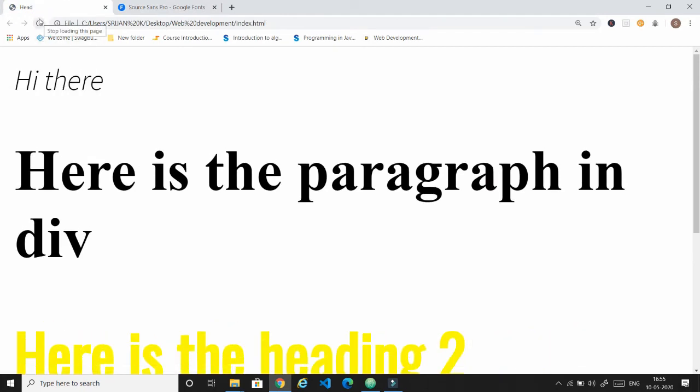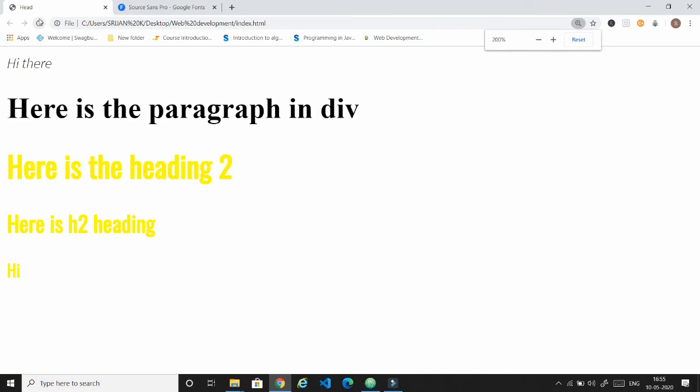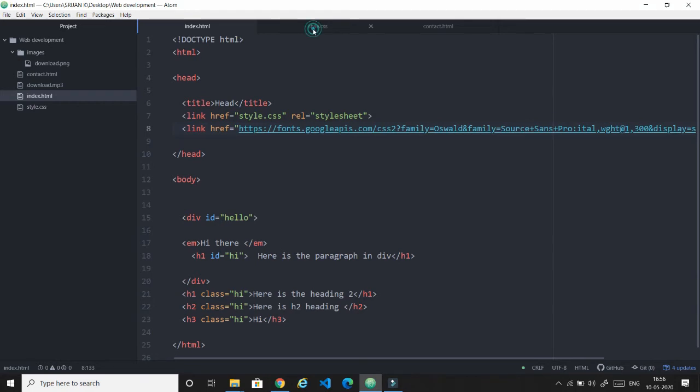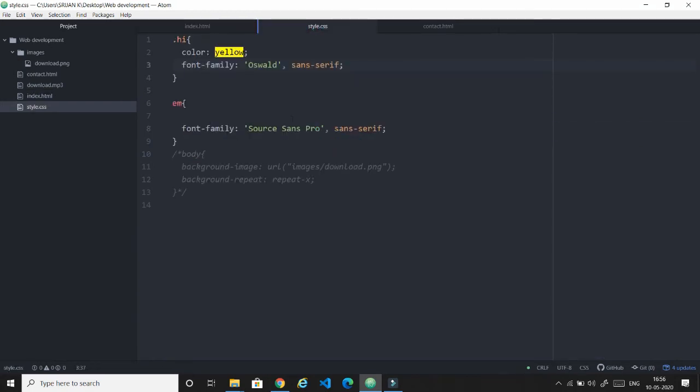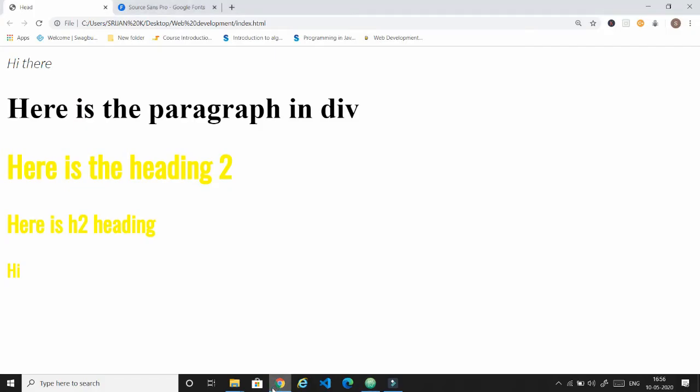You can see here there are so many different styles. This one is a different style, and all these were the same style. Here you can see the font family Oswald with the class hi. Those elements having the class hi will have the Oswald font family.